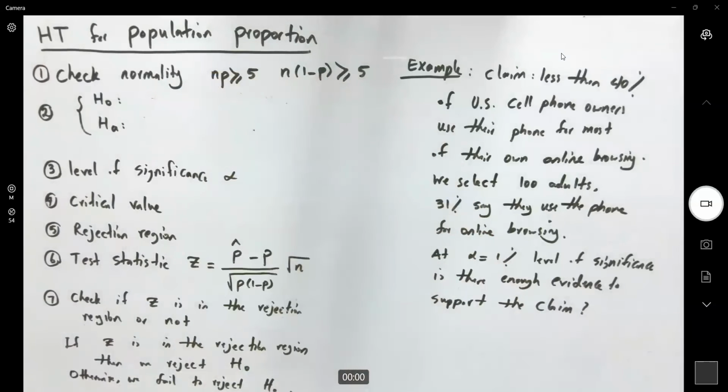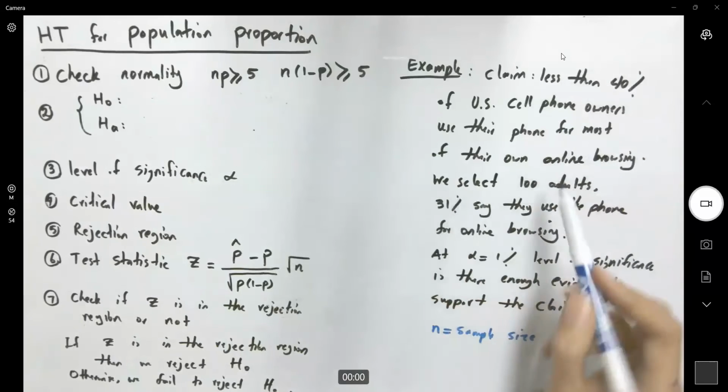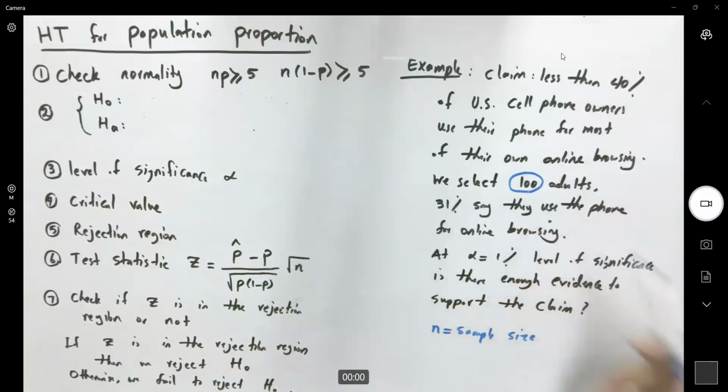What is N? N is the sample size. What is my sample size here? Well, the sample size is we select 100 adults. This is 100. What is P? P is the population